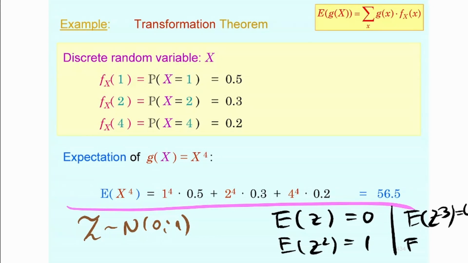And the fourth moment of the standard normal distribution, based on the transformation theorem, is equal to 3. I'm kind of wondering that you haven't seen this before. What are you doing in finance when testing for normality of, let's say, asset returns? You're testing whether the skewness of the distribution of the returns is 0 and the kurtosis is equal to 3, because that would correspond to the normal distribution.